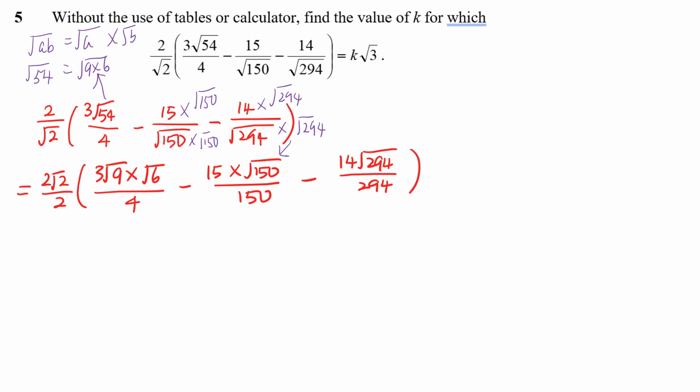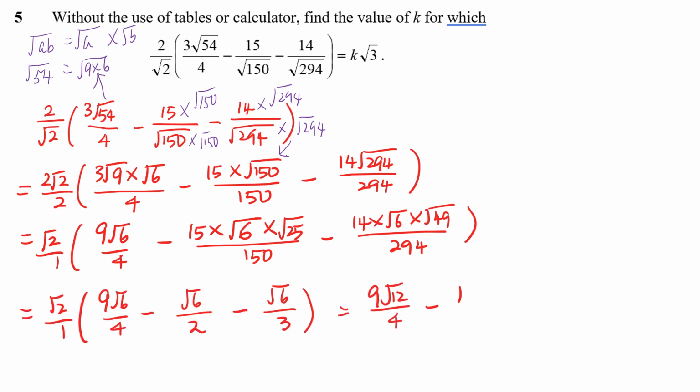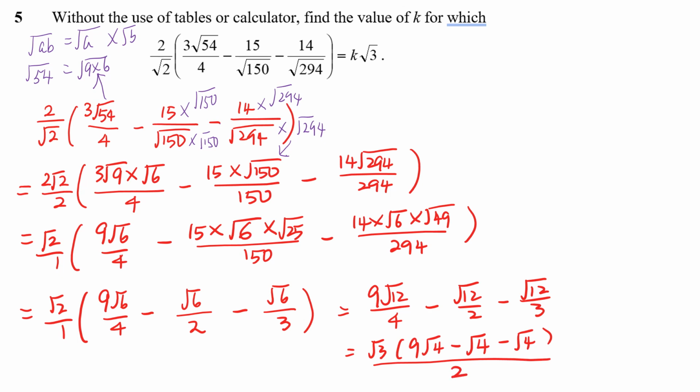Alright, so the next thing that I've done is, I've just applied the rules that I've mentioned here. Apply this rule to this, and also to this one here. And then I simplify further. Right, all these are perfect squares. So square root 25 will be 5. Square root 49 will be 7. Then you just use a calculator to